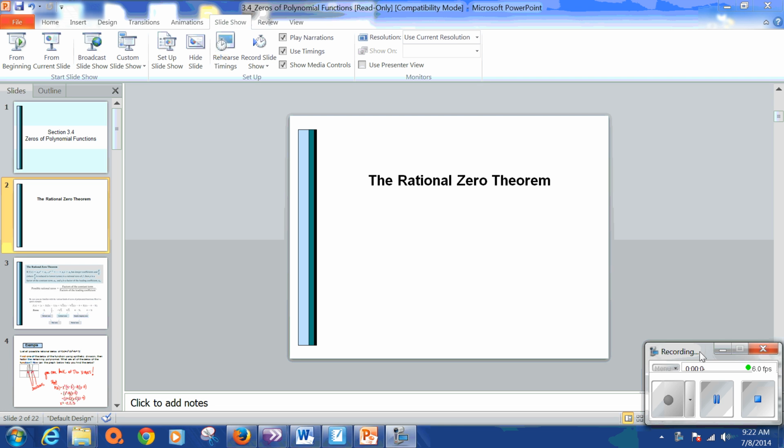Look at 3.4, which is probably the most dense of the sections in chapter 3. The first few talk about quadratics, a little bit more about polynomials, graphing them. Those tend not to be too bad. We've looked at quadratics quite a bit by now because we looked at them in chapter 1 when we were